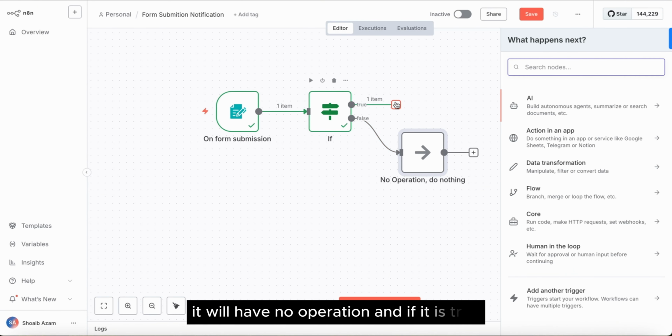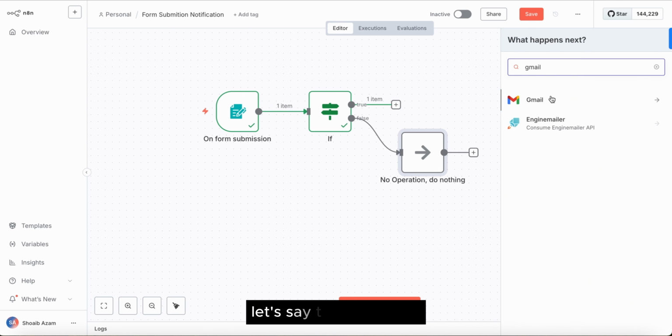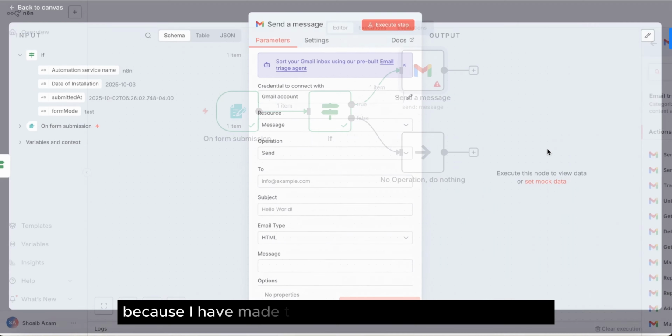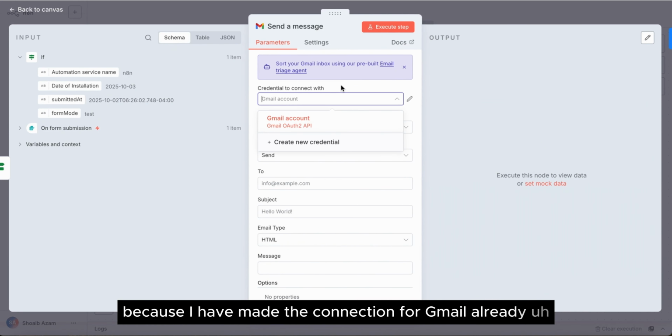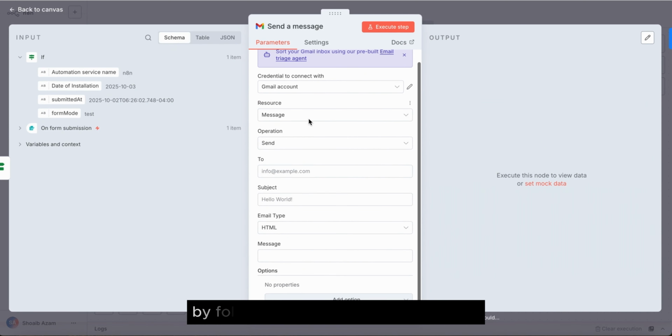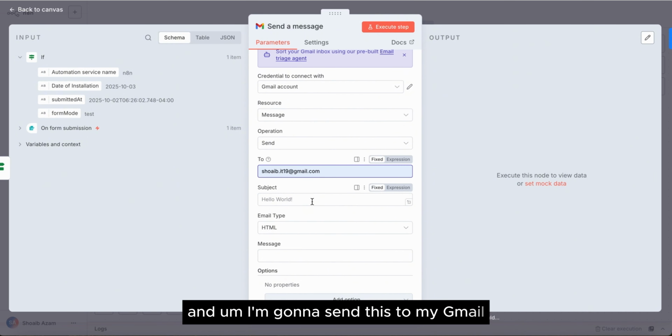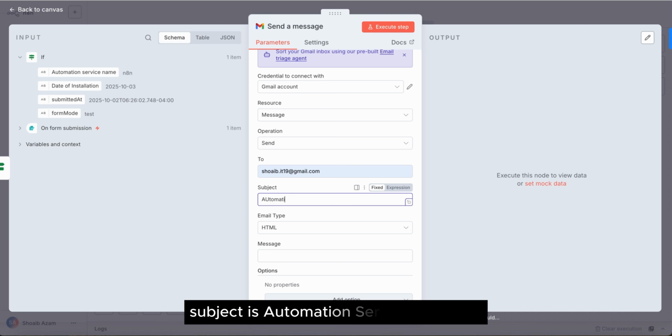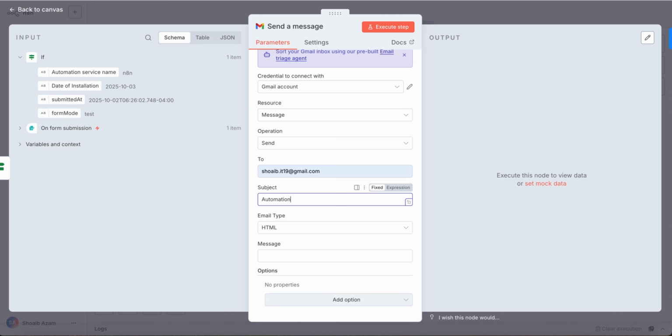And if it is true, it will proceed to send an alert, let's say through Gmail, because I have made the connection for Gmail already. You can create it by yourself by following my previous video as well. And I'm gonna send this to my Gmail. Subject is automation service selection,